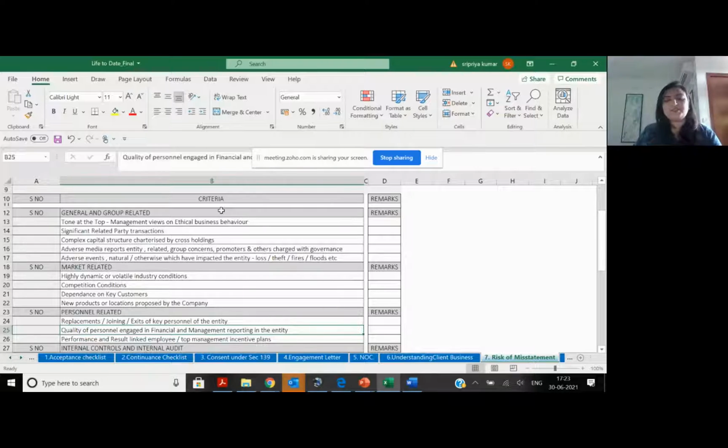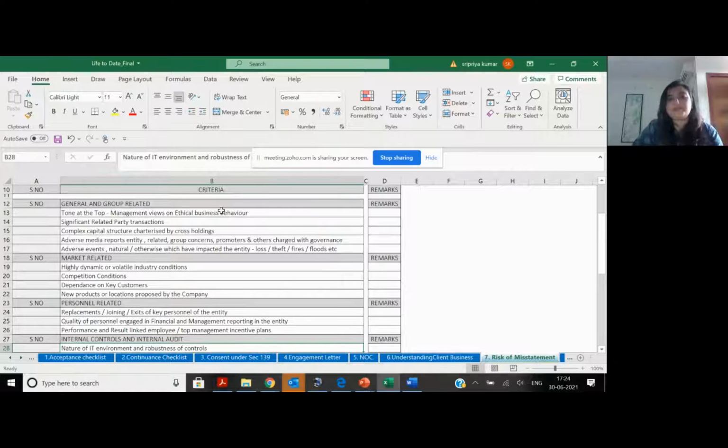Market-related conditions. See, there is a lot of pressure on these quarterly reporting companies. I have to show share price movement. I have to keep my investors happy. Personnel: if it's a bad year, somebody will be prone to making an adjustment entry. The banker says, no, I can't give you working capital next year. So you just inflate your book stocks, you inflate your receivables, you show a higher working capital entitlement, and you've taken larger working capital funding. These are pressures that cause financial statements to be materially misstated.